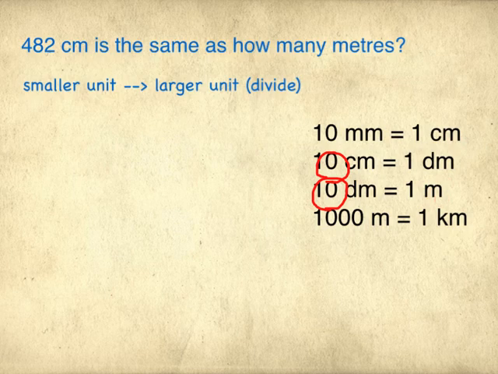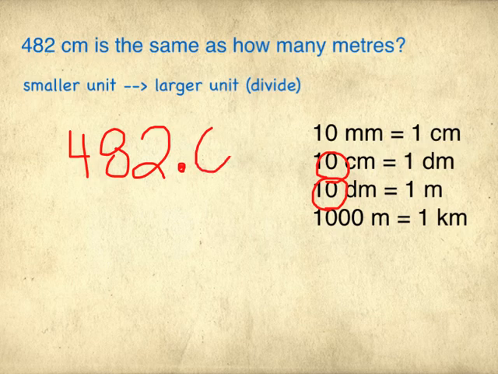But this time we're dividing, and we have to consider that our original number was 482, and we know that it could be 482 decimal zero, because any whole number you have could have decimal zero at the end of it. And if we move the decimal point over 2 places,